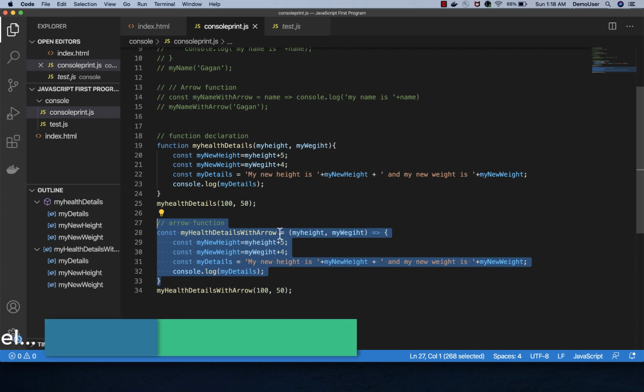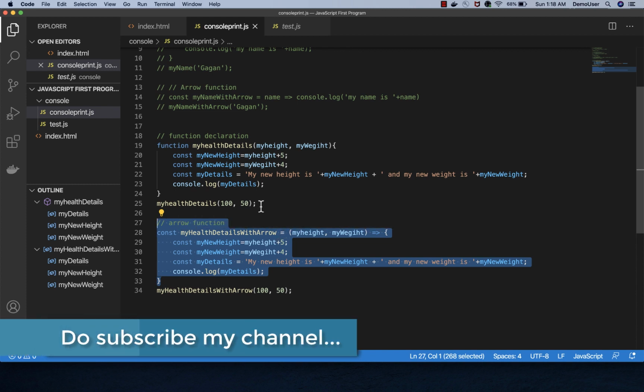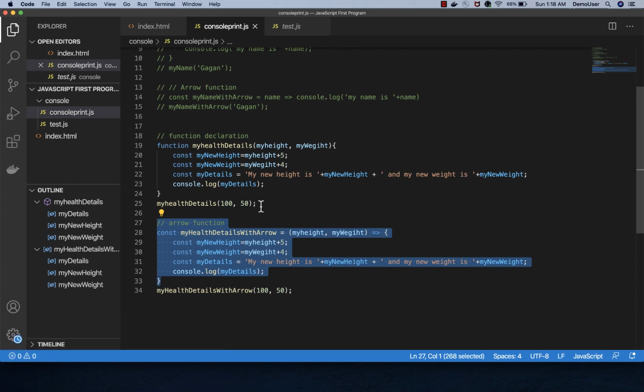That's why I said in the starting itself, if you have a simple function or a function which contains only one line or few lines of code, then only arrow functions make sense. And it's up to you if you want to use arrow function also. It will not harm you in any way, but as per me, it doesn't make much difference. So I always use arrow function for my coding practice whenever I have very few lines of code. So this is what we have seen here with arrow functions.